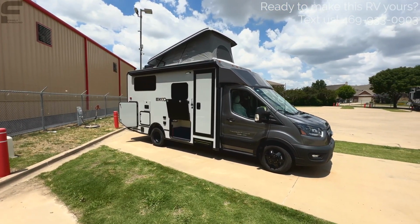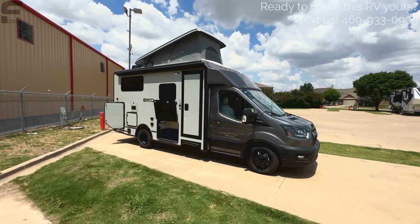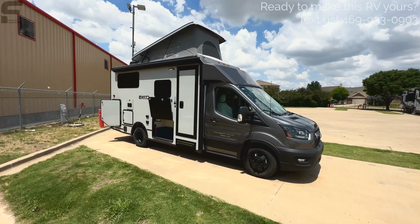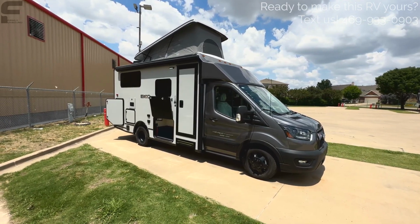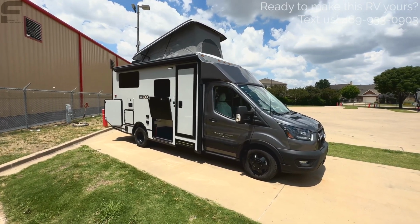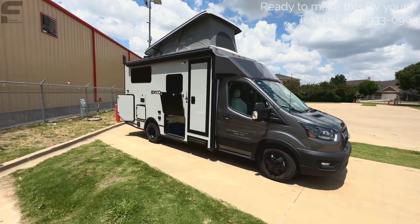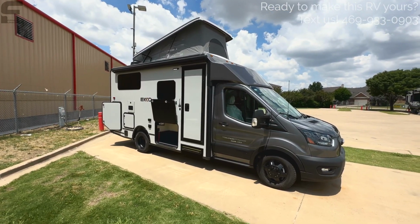And before we go inside, I should mention, if you are interested in a motorhome like this, these are hard to get. This one here is one of 3 that they have on their lot. All 3 of them are currently sold and not available, and almost all of these are purchased prior to arrival. So people are ordering them and they're already purchased when they get here. They're very rarely seen just sitting on an RV lot waiting to be purchased, because they are, one, not produced in high quantity because of the high quality in the output, and they also are very popular,